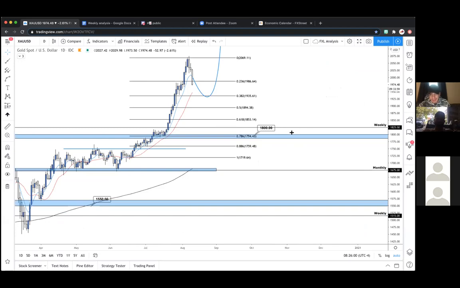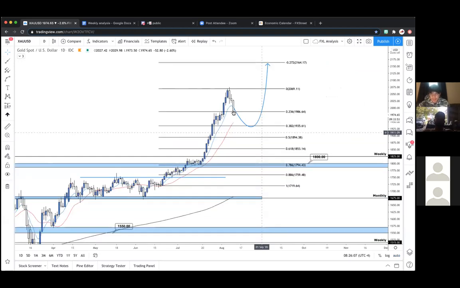So we need to get down to about 1935 per ounce. Nice little 38.2 retest, or again 61.8. At minimum for structure formation, you need to see 38.2. But this is looking pretty good, guys. We want to see this pullback. This means that price action is forming normal market conditions, and that we're actually going to see some entry opportunities potentially.